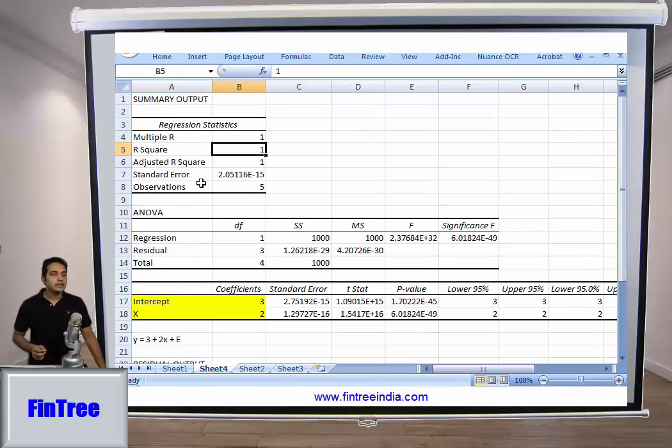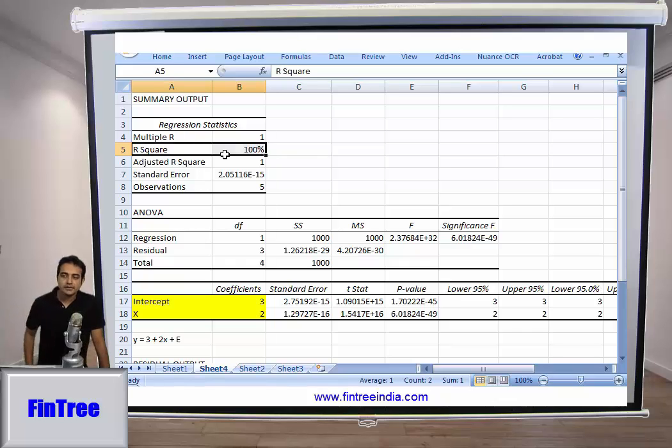This r square gives you the quality of your regression, and it is always to be read in percentage terms. An r square of 100% means that the variability of the x-axis is able to explain 100% of the variation in the y-axis. That means all your data points are on the line. There is no estimation error per se, and therefore the accuracy of your regression is 100%. Is this okay? So what you would write down: